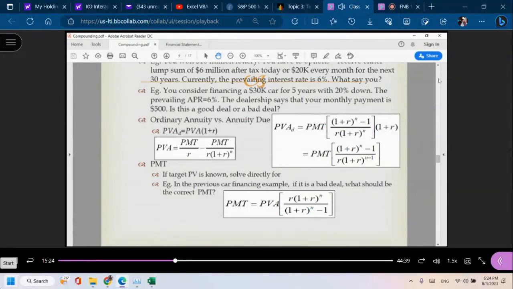right? And then all those $20,000, which is future cash flow, a stream of future cash flow, which is called an annuity, because they are all regular amounts at regular intervals, you can turn them into present value, and you can compare it with $6 million. And your decision is what? Whichever is greater, that's what you pick, right? So then